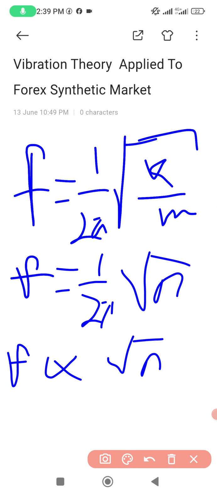So when you are saying that the frequency is a fraction of a circle, 1/360, you are trying to say that every frequency is influenced by 1/2π. If 1/2π is exactly equal to 1, then the frequency is vibrating in a unity mode. But every particle is supposed to be vibrating with 1/2π of a particular frequency of another frequency, meaning that we can actually say that F is equal to